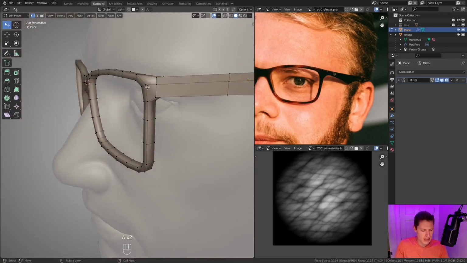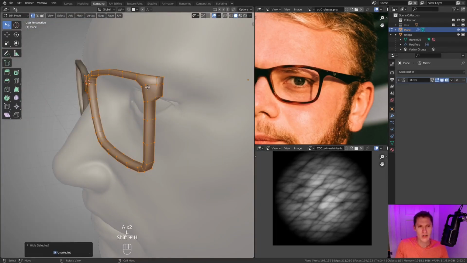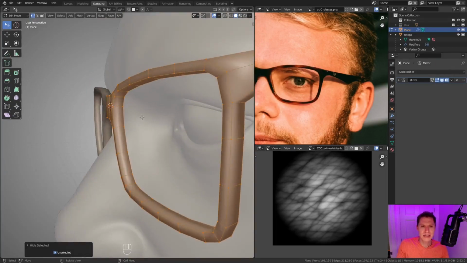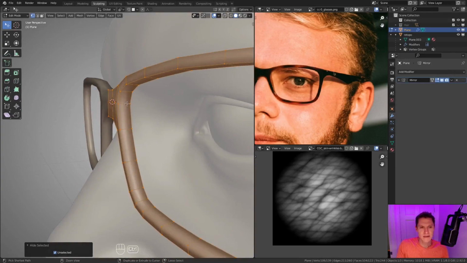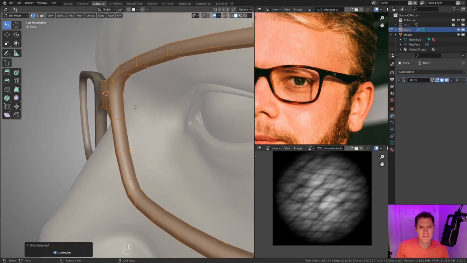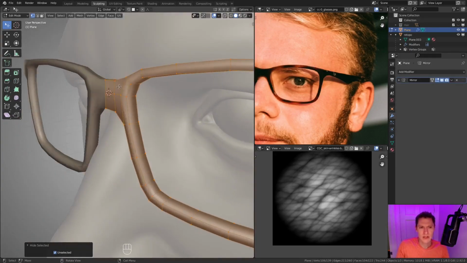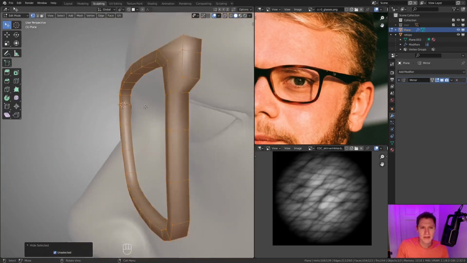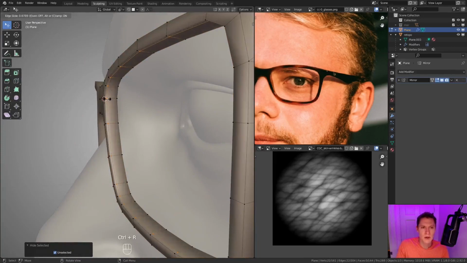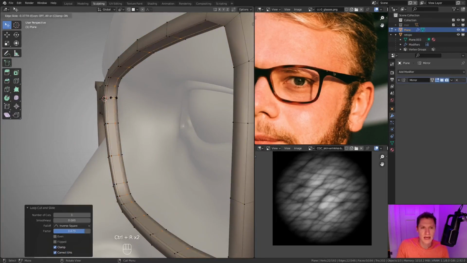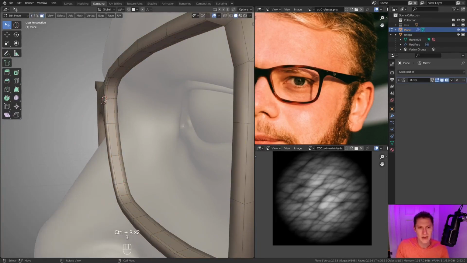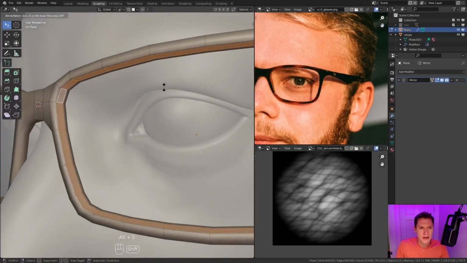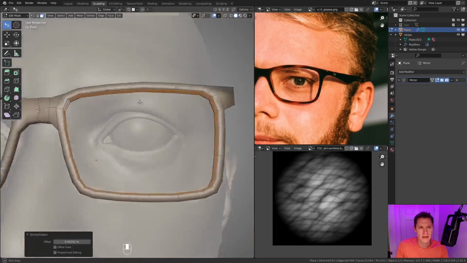And then from here, I think I'll hide the earpiece, Shift H, and just focus on the front frame. Now we need to harden these edges a bit and fine-tune some shapes like the bridge. It needs to bump out a little bit. There's also the nose supports that we need to model. But first I'm going to cut some holding edges right here on the inside edge of where the lens is going to go. Maybe push that face loop out slightly.